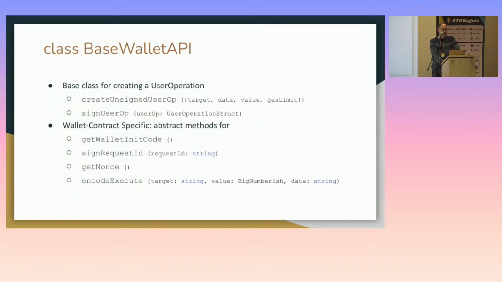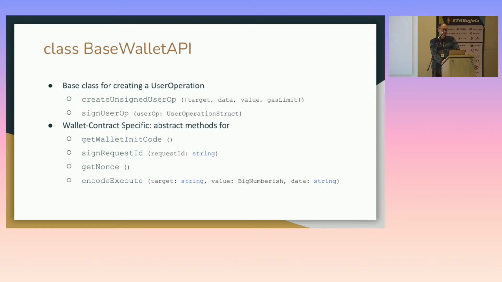Underneath this API, we provide what we call a base wallet API. This is the API that lets you create a user operation. You pass the parameters to it, and it will create the user operation, but creating a user operation is highly dependent on the contract. So this base wallet API, which is an abstract class, provides 4 abstract methods: how to create an init code for this specific wallet, a method to sign, the getNonce, which is the method that reads from a view call the on-chain value of the current nonce, and a method to create the execution function